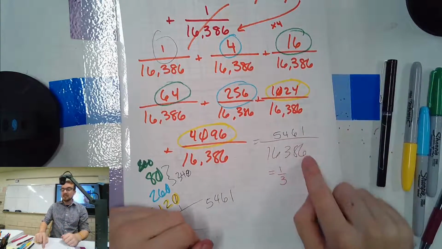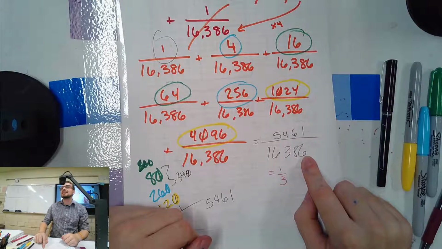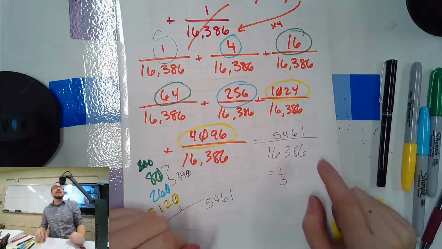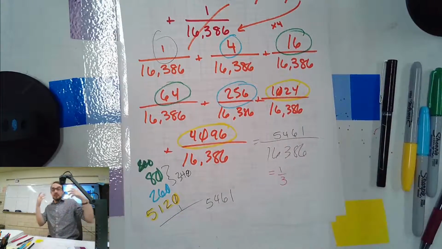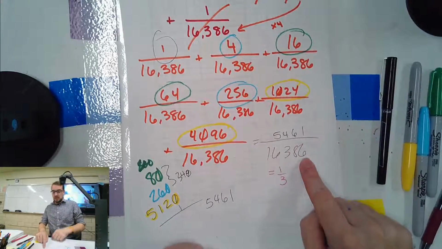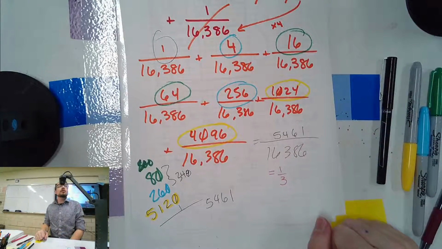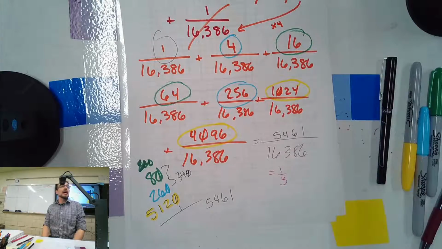Well, guess what? It's going to end in a 3. Do you see how I didn't have to get out a calculator? Do you see how I didn't have to think that hard? If I multiply by 3, it's going to end in a 3. Is that a third then? Nope. How close is it? Get out your calculator. Check it. How close is it to a third?